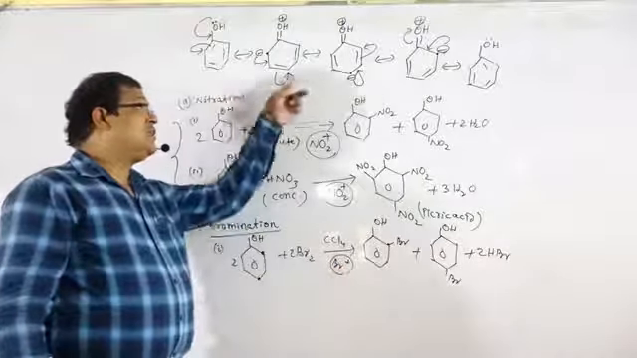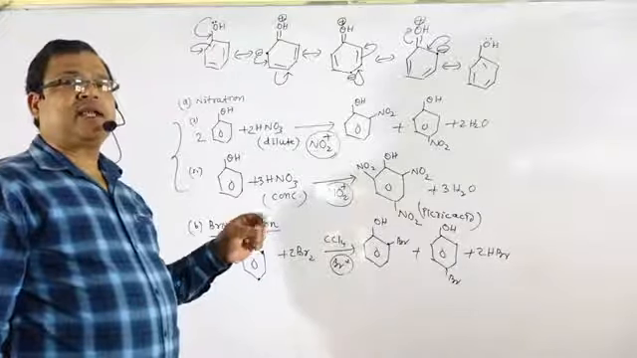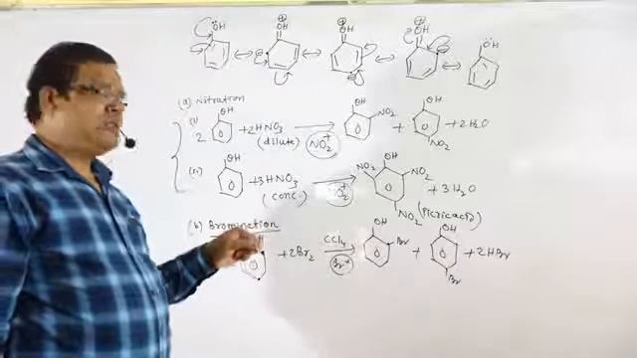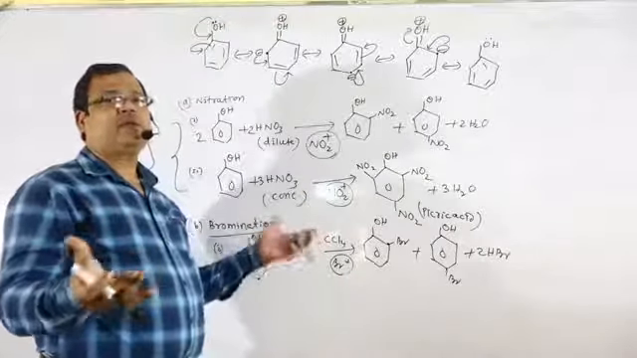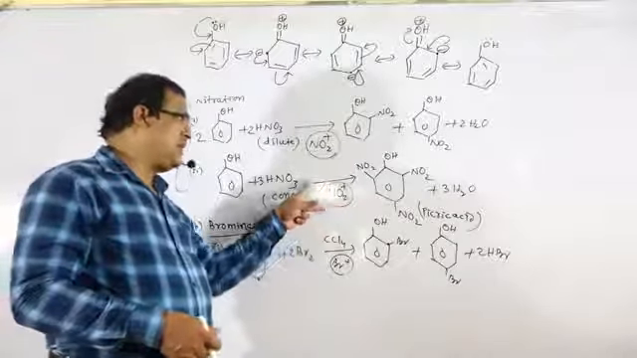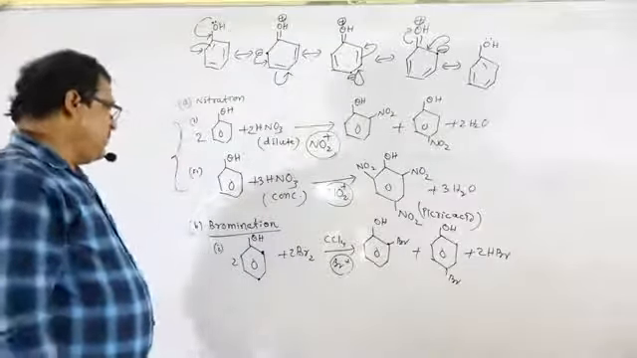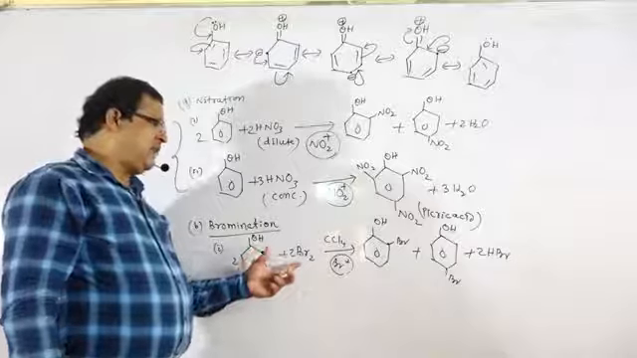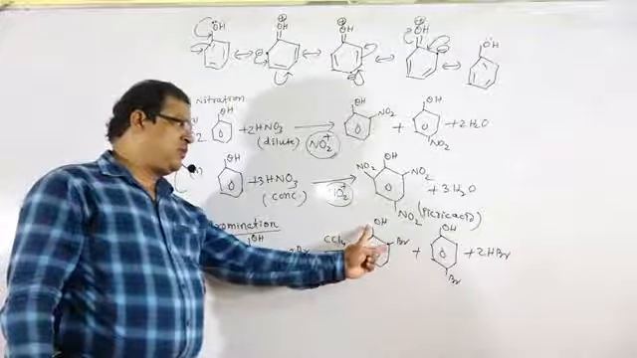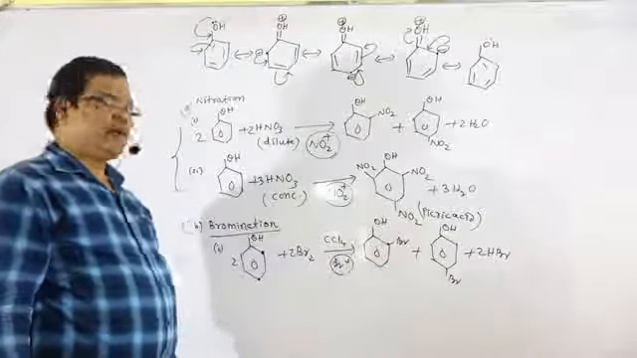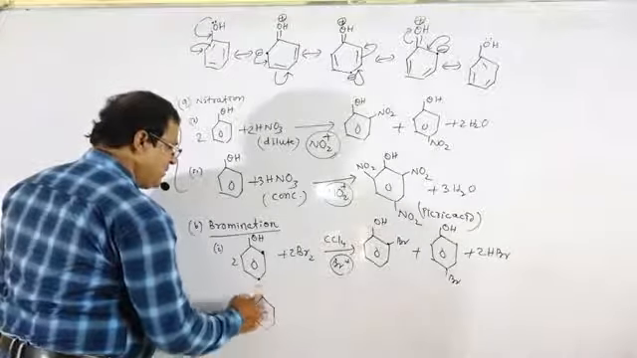In the resonating structure we have seen that the negative charge remains over the carbon atoms present at the ortho and para positions. So Br plus, NO2 plus, etc., will get directed to the ortho or para positions, or both. In the case of concentrated nitric acid, all the ortho and para positions get occupied by the NO2 group. Whenever phenol is treated with bromine in presence of CCl4, there is the formation of orthobromophenol or para-bromophenol. But whenever phenol is treated with